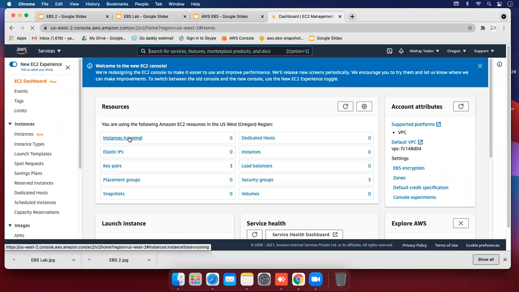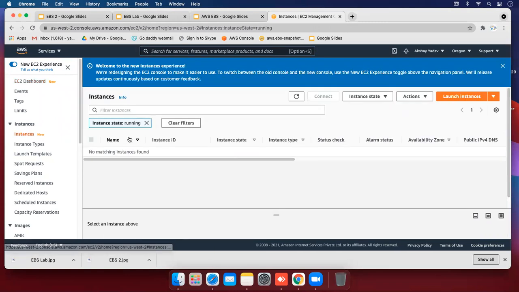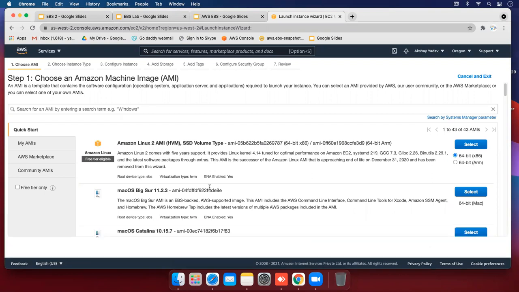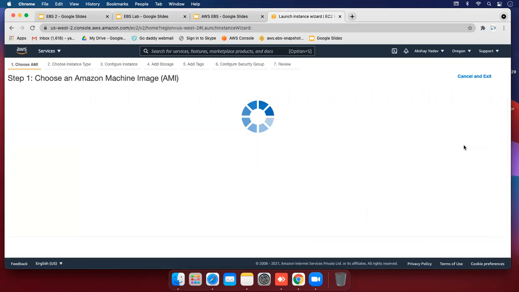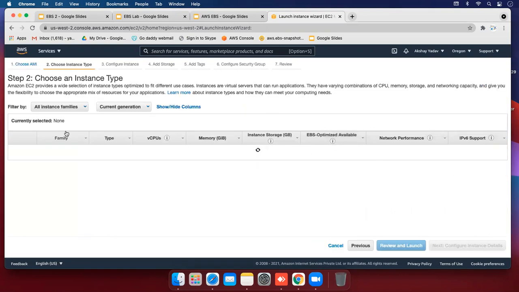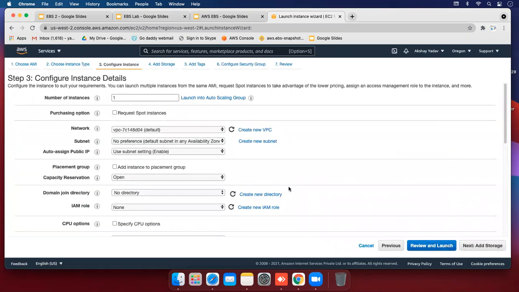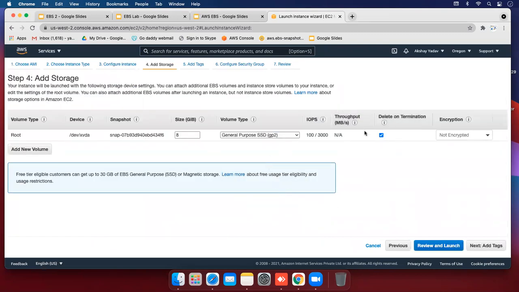I'm going to create an instance and launch one instance here. Set everything as default. So this is my AMI and T2 micro. Next, and then again next, and this is the option delete on termination.